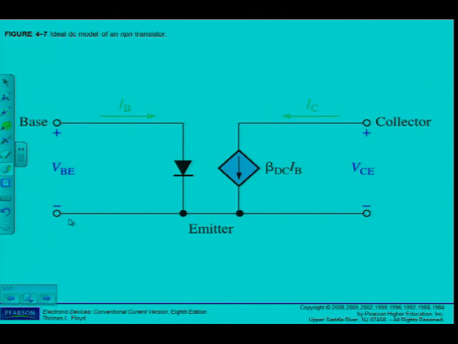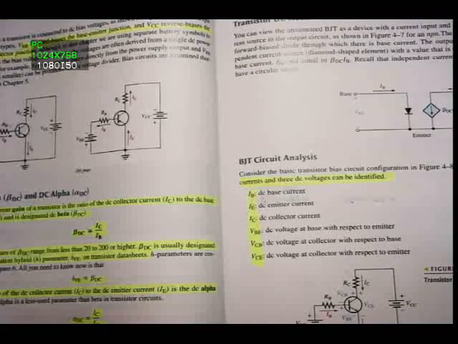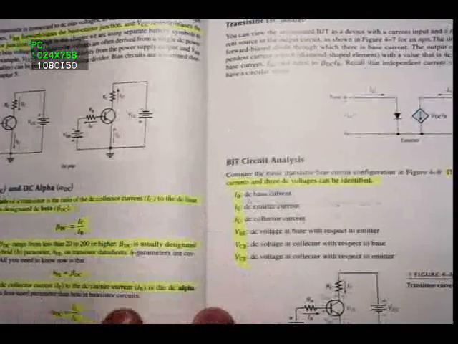Okay, the transistor DC model. There on the next page. The ideal DC model for an NPN transistor just shows me the currents, current source, and how it acts and so forth. You can find it on the top of page 169. You can view the unsaturated, we can refer back to the book there. You can view the unsaturated BJT